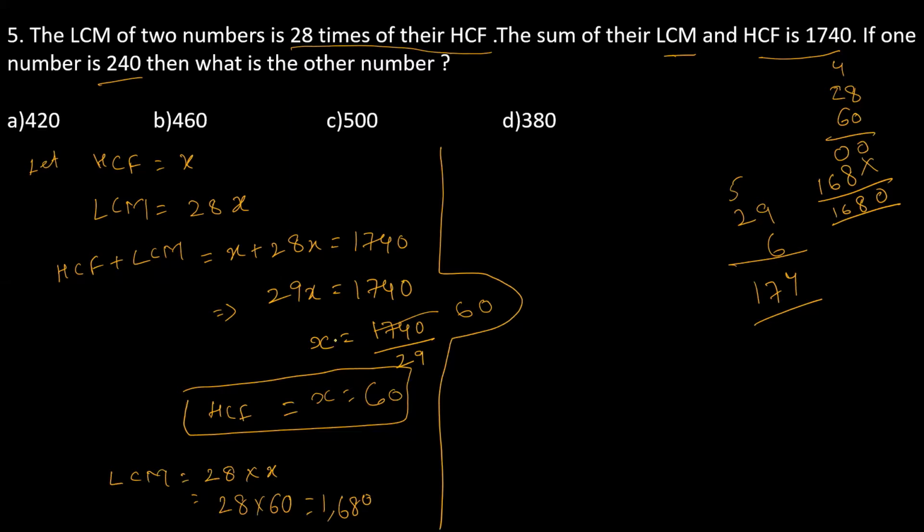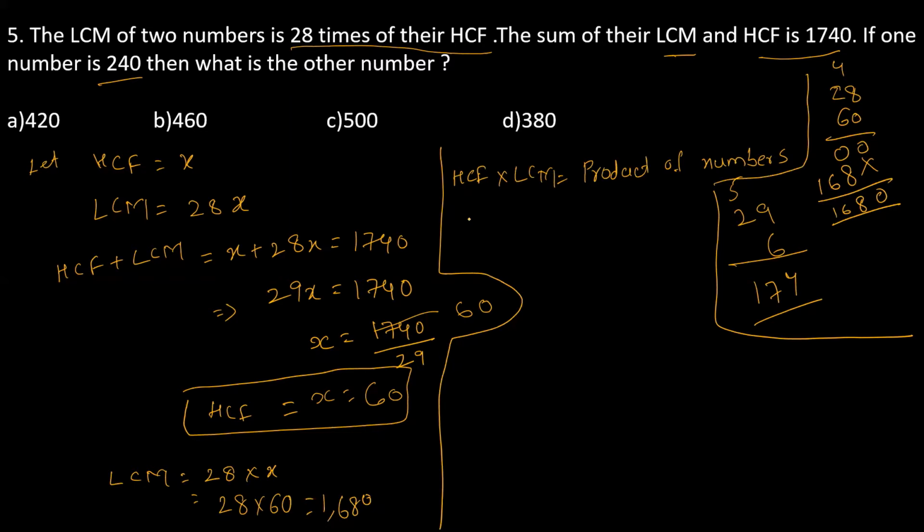Now we got what is HCF and what is LCM. Next, if one of the numbers is 240, then we have to find the other number. We know the formula, right? HCF into LCM is equal to the product of the numbers. So what is the HCF? HCF is equal to 60. 60 into